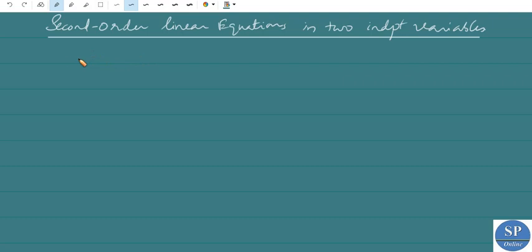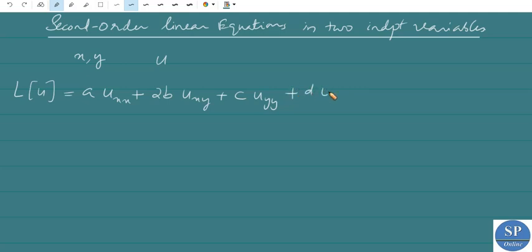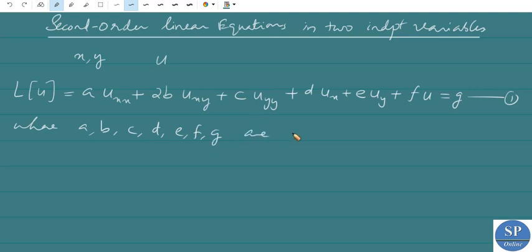Second order linear equations in two independent variables x and y and one dependent variable u is given by L of u is equal to a into uxx plus 2b into uxy plus c into uyy plus d into ux plus e into uy plus f into u equal to some g, where a, b, c, d, e, f, g are given functions of the independent variables x and y, and u of xy is the unknown function